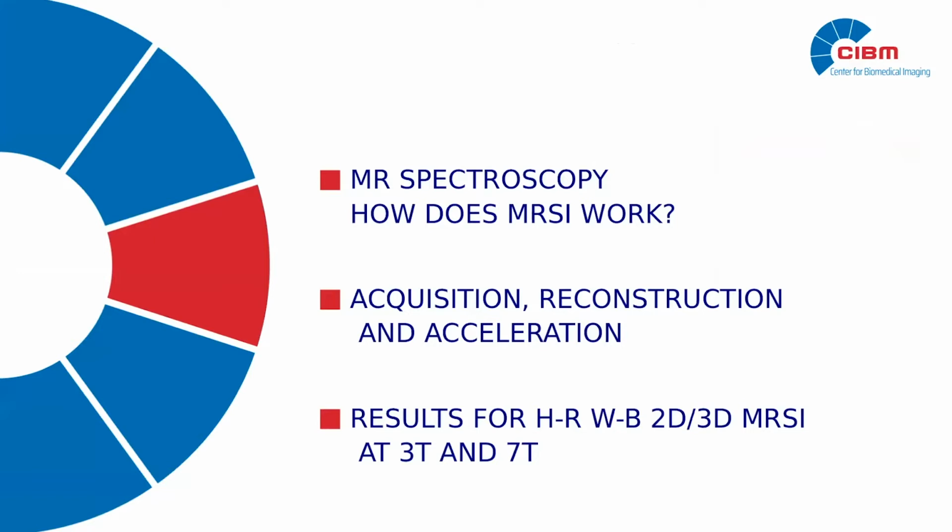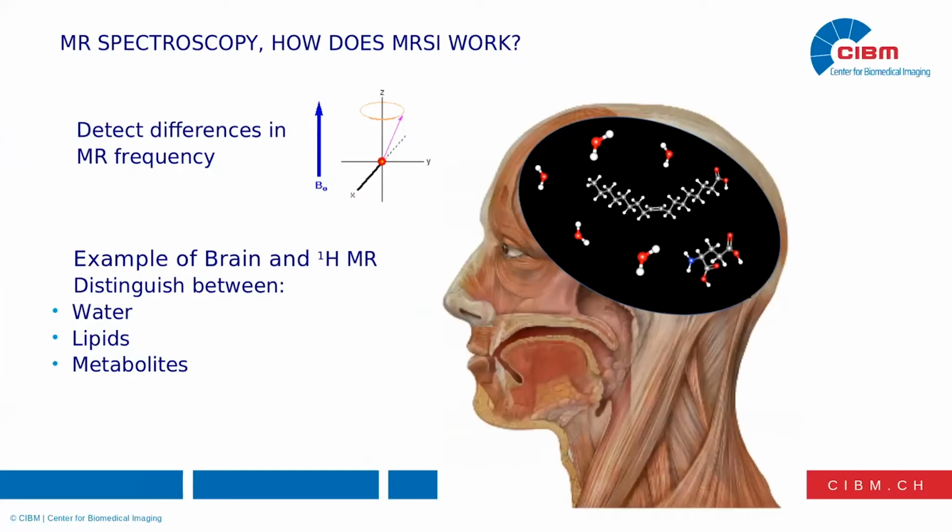And first, in different parts, I'm gonna introduce MR spectroscopy and spectroscopic imaging. Then we're gonna go into detail of the acquisition, the reconstruction and the acceleration that would lead to a high resolution covering the whole brain. And eventually, I'm gonna present our results in 2D and 3D MRSI at 3 Tesla and 7 Tesla. So first, the spectroscopy,